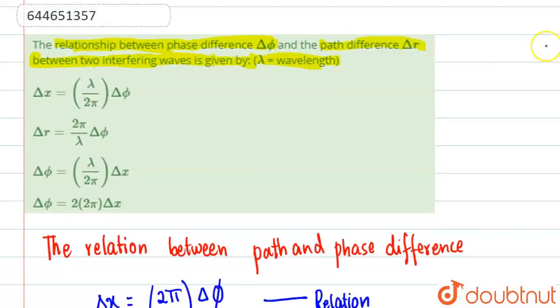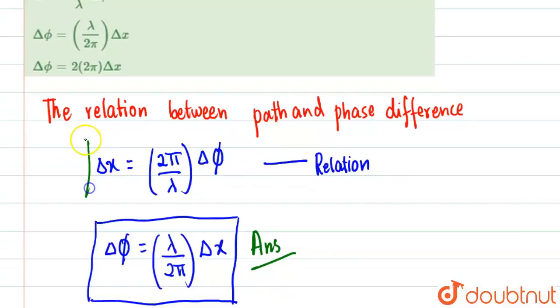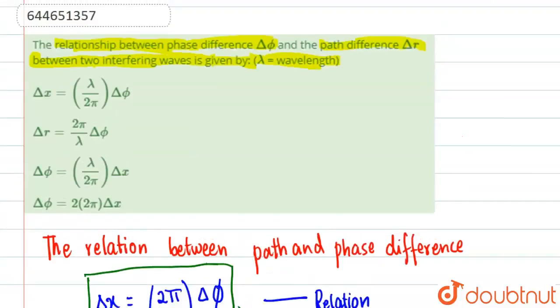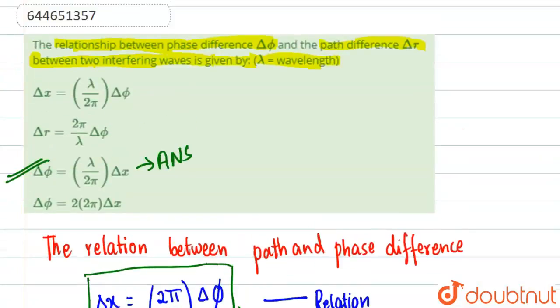So our answer will be option number C. The options were given in this format. Option A is given as delta x equals 2 pi by delta phi, but option A is incorrect. So basically our answer will be option number C. If you see, option C is absolutely in the format of this equation. Option A is also similar to this equation, but if it were inverted, then it would also be the answer. But option A is not the answer. Our answer is option number C.